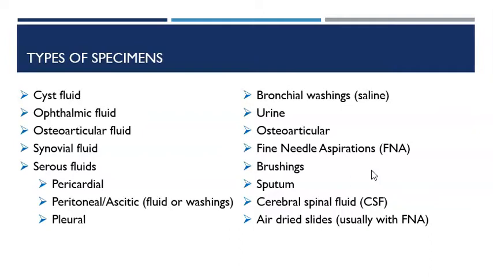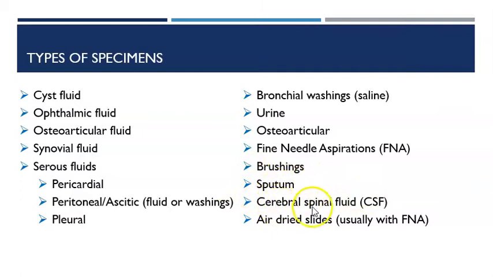There are fine needle aspirate biopsies where you insert a needle into what appears to be a small solid lump and suck out some cells from that. Brushings would come under the heading of cervical swabs or cervical smear samples, or brushing cells off the surface of the cervix. And then finally we can have things like cerebral spinal fluid,